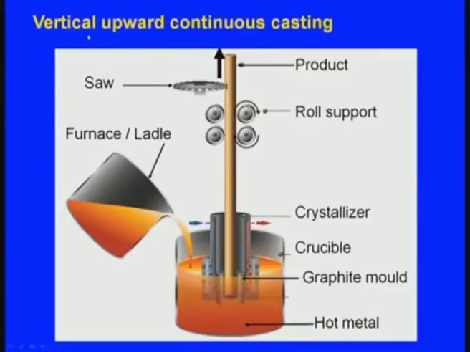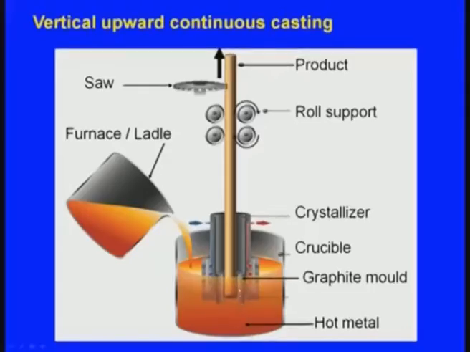This is the schematic of the vertical upward continuous casting, and here this is the tun dish, a local reservoir of the molten metal, and this is the ladle. Now, we pour the molten metal from the ladle into the tun dish. Here is the system that after solidification it will be pushed to pass through the graphite mold. You see, here is a graphite mold. So, it will be pushed to pass through the graphite mold, then what will happen? It will be coming upwards. Now, here there is a crystallizer and also a cooling system.